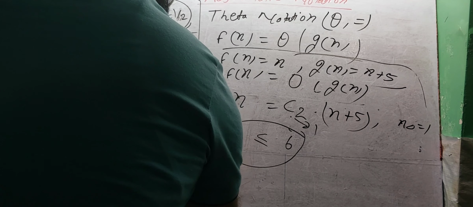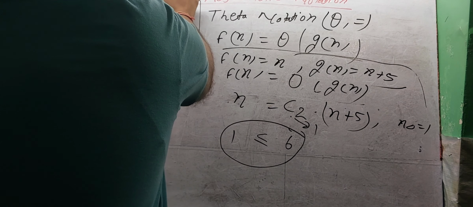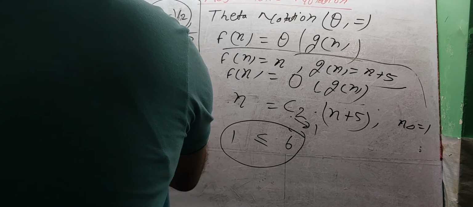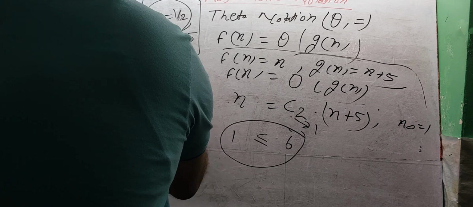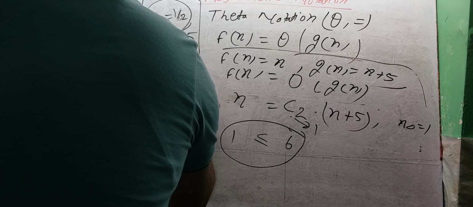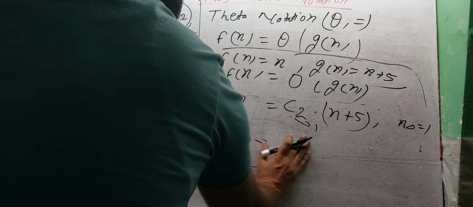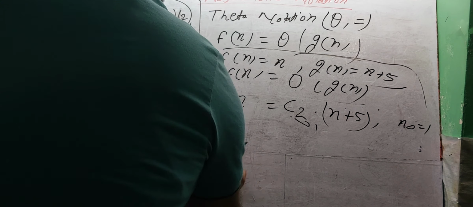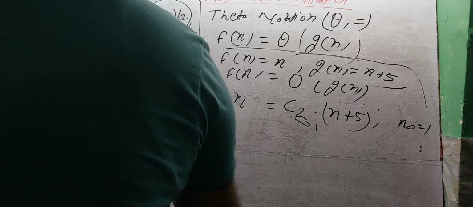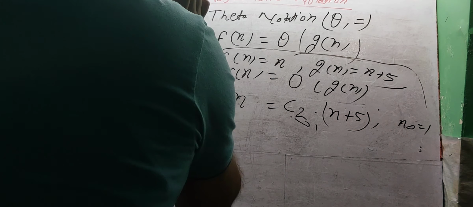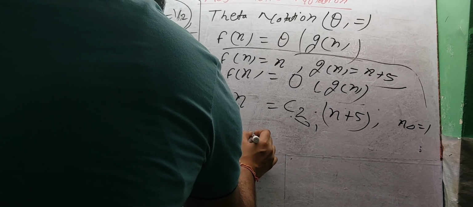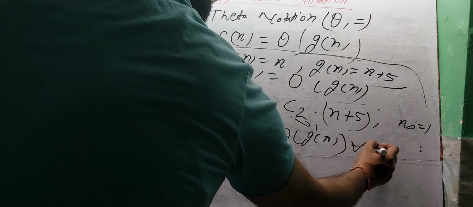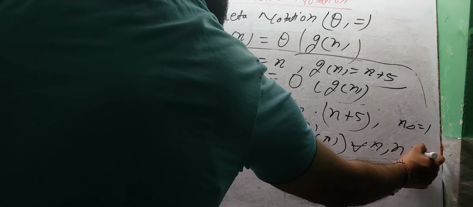Now if we want to write, this is for omega, and this is for big O. For big O, C1 equals 1 and n naught equals 1. Now if we want to write that f of n equals theta of g of n, then we need to find n naught. Then we can write f of n equals theta of g of n for all n greater than or equal to n naught,